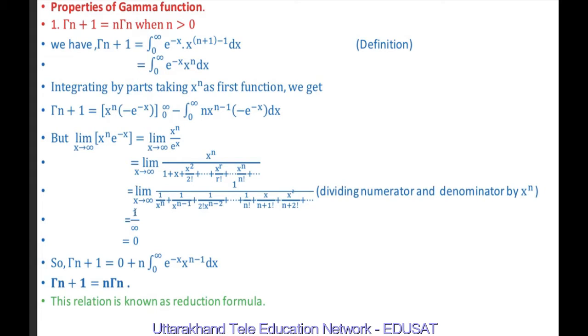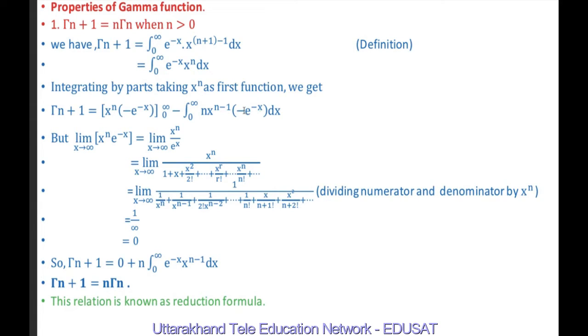If we take the limit as x tends to infinity, in the numerator we have 1, so I have written 1. In the denominator, 1 upon infinity is 0, and so on for the earlier terms. This is 1 upon factorial n. As x tends to infinity, this is infinity, and other terms are infinity. So infinity plus some term plus 0 is infinity. 1 upon infinity is 0. So it means this term is 0.